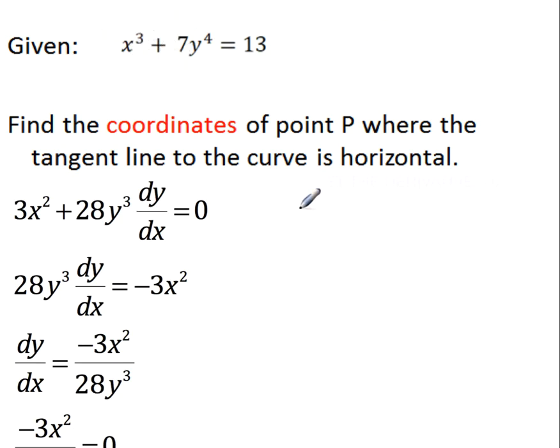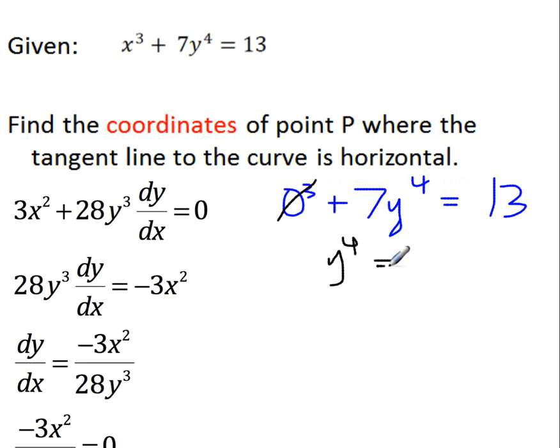Okay, so I'm going to do 0 cubed plus 7y to the 4th equals 13. I want to know the coordinates when x is 0. Okay, so this first term is eliminated. We will divide by 7, so y to the 4th